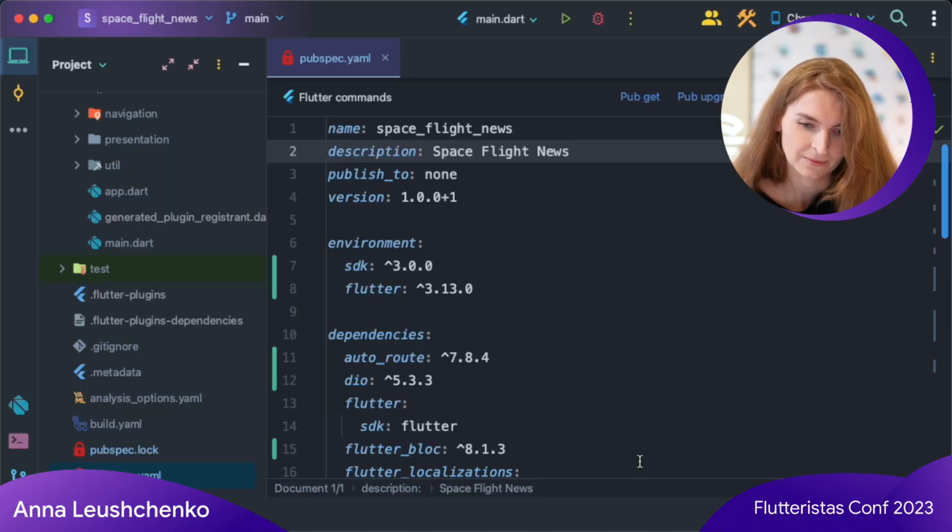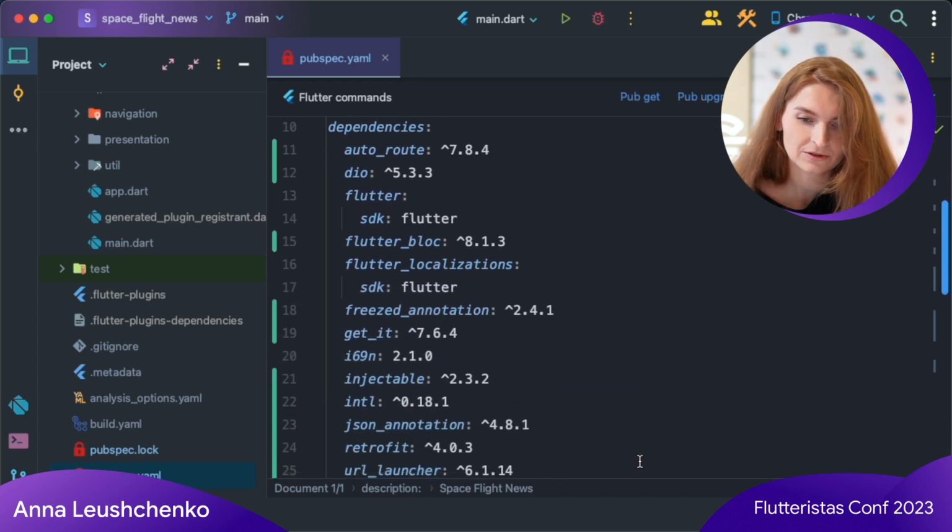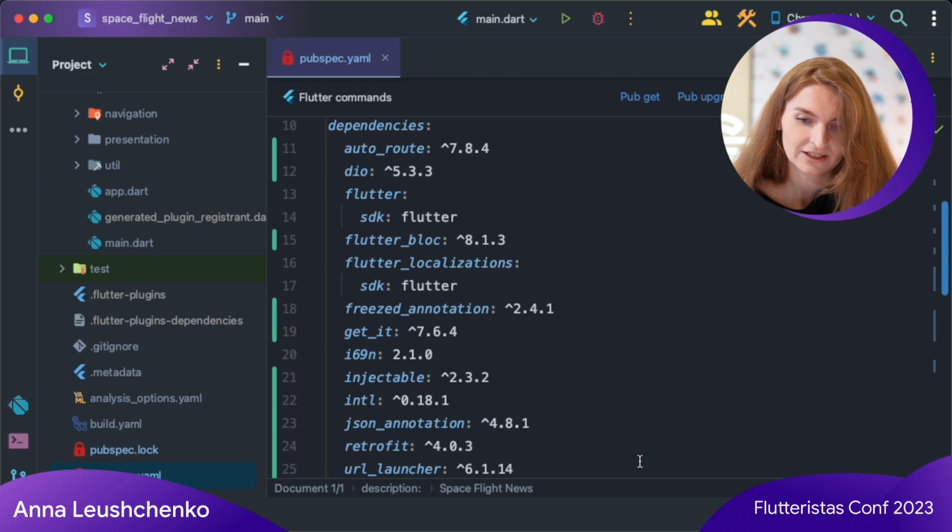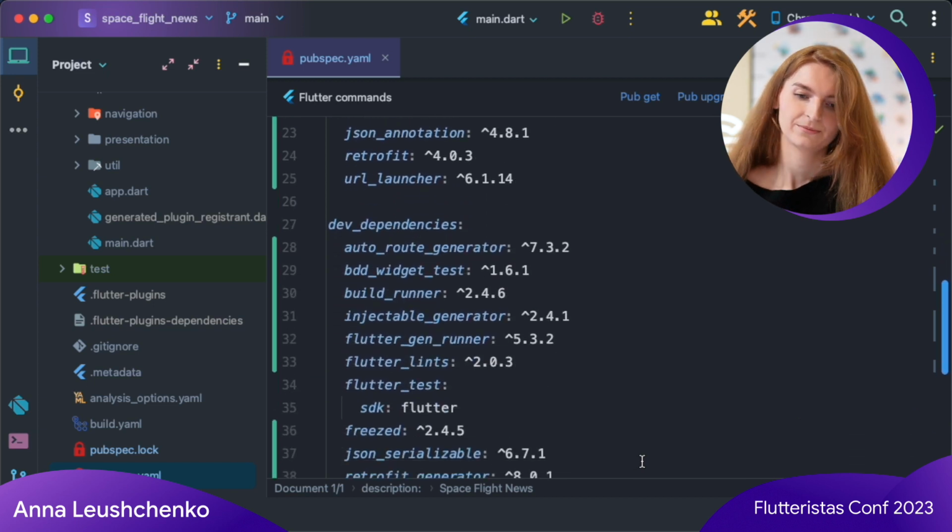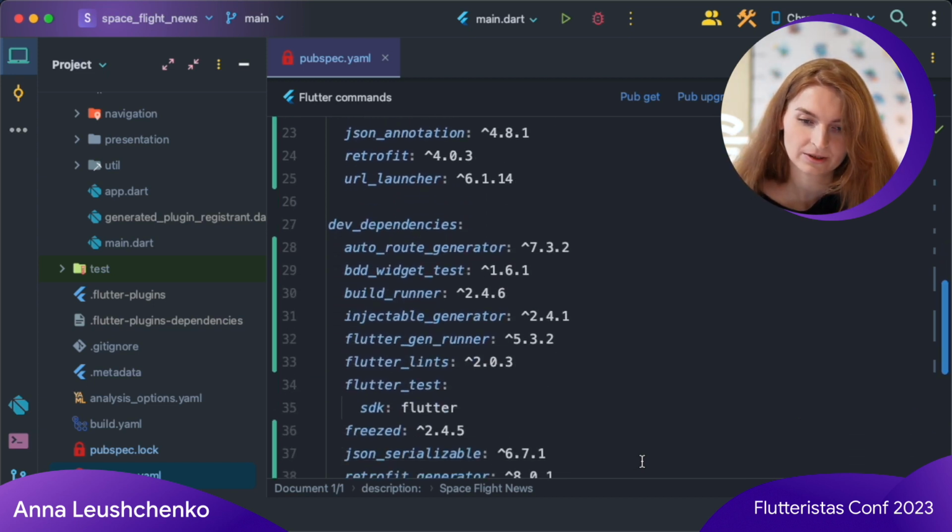Before we jump right into coding, let's seek some inspiration from other code generation packages to see how they solved their challenges and what's possible. Here is a demo project from my talk at Flutter Vikings. It is using all of those code generating packages in the list I showed before, and I'll use it to explain how some of them work.